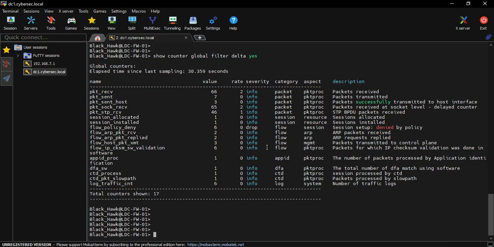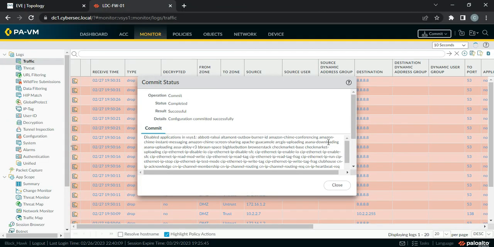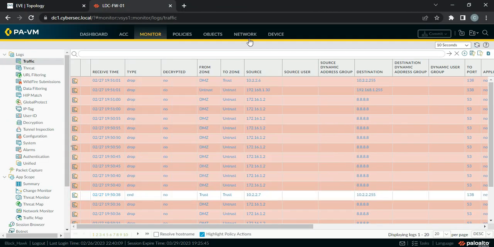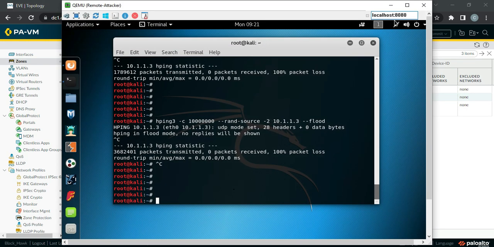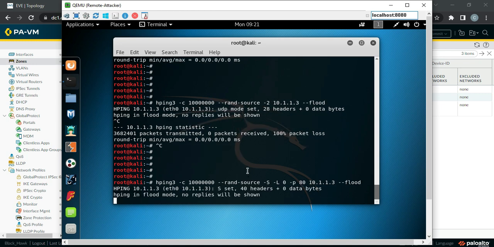Okay, so now if I go here, this is almost done, right? So we have the protection in place. Let me initiate the attack again. First, we'll go with the TCP flood. So we have started the attack, right? And